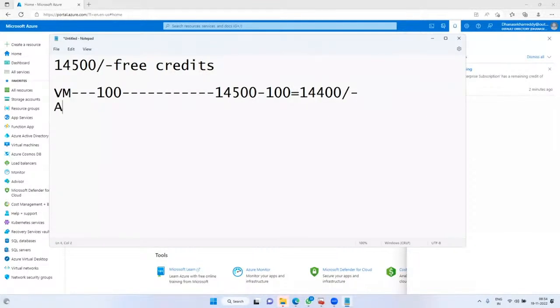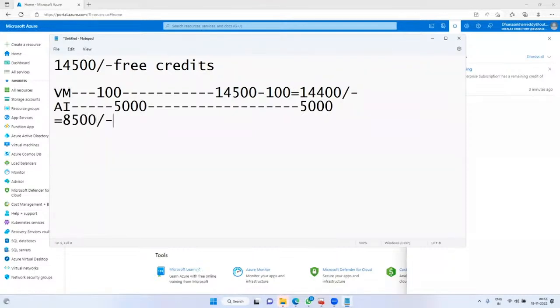Today you have created an artificial intelligence project. Assume its cost is 1,000 rupees per hour. You have consumed 5 hours, so 5,000 would be debited from your free credits. By tomorrow, you can see around 8,500.